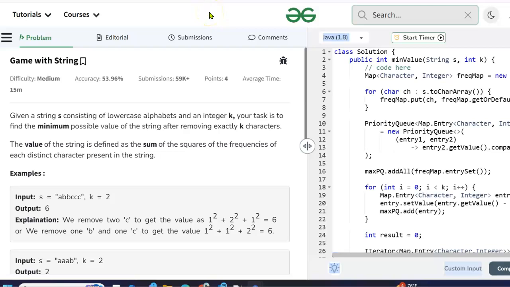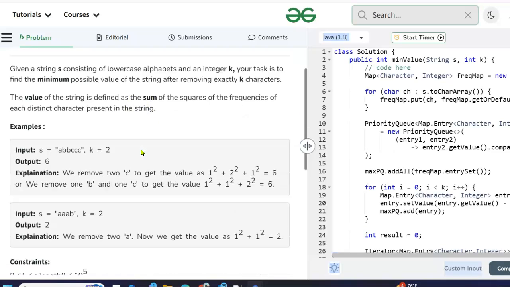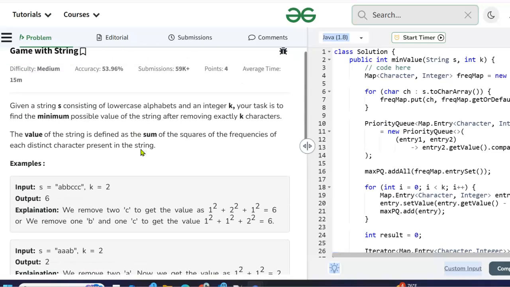Today's problem is Game with String. Not the kind of string that you would play a game like with your cat. I mean, we're programmers here, so it's a string of characters. Difficulty is medium. Given a string S consisting of lowercase letters, and an integer k, your task is